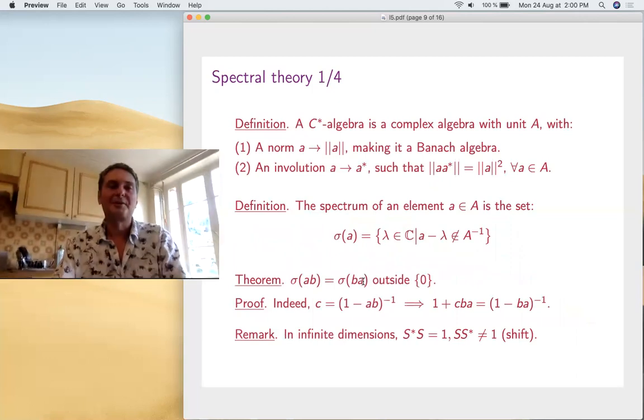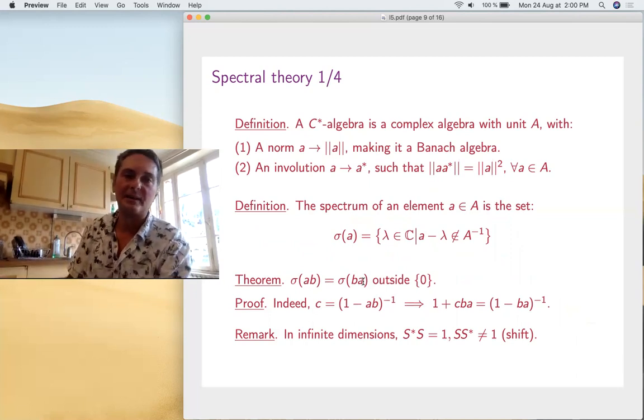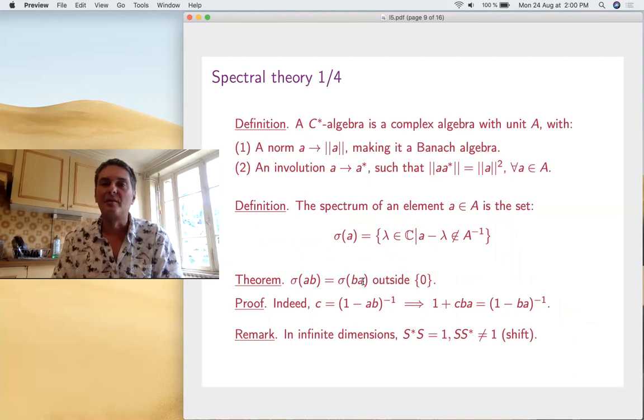Now with this, we can do some spectral theory, so talk about kind of eigenvalues. Do it in the general setting of C-star algebras. A C-star algebra is exactly something like B of H. So you take an algebra with a norm and an involution, related by this formula. So basically, it's B of H, an algebra satisfying this. We'll see later what setting we're working in. With this, we can talk about the spectrum of elements. These are the lambdas such that A minus lambda is not invertible. Of course, for matrices, you get the eigenvalues.